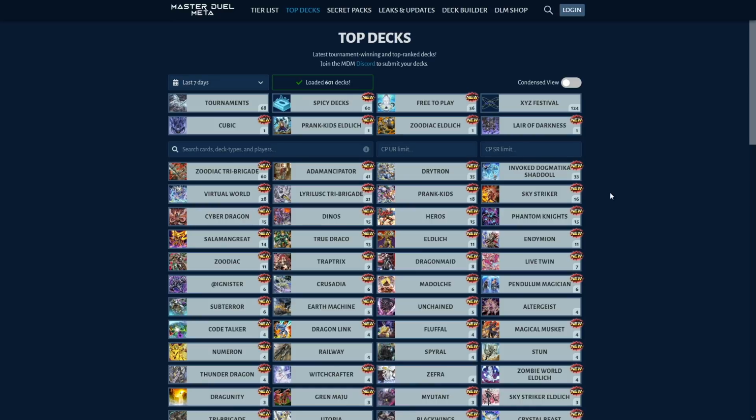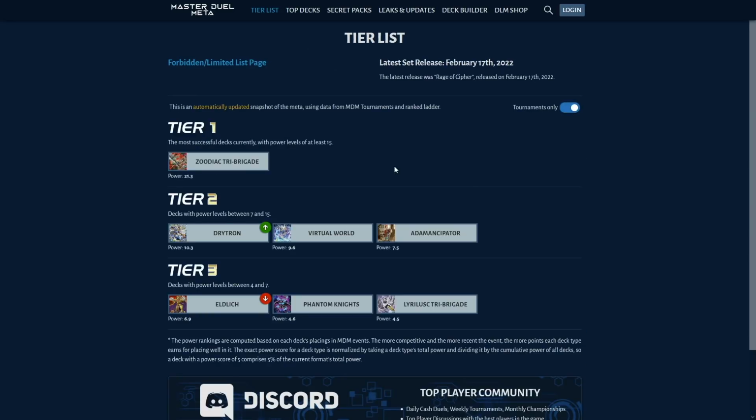But yeah, if we go back to the tier list here, as the format progressed, Zodiac Tri-Brigade did end up becoming the go-to really powerful laddering deck. Not to toot my own horn here, but I did say, even from my first video back in January, hey, this deck is really strong, especially in Master Duel, because it's strong going first, you have strong plays going second, you can play a lot of hand traps, your combos don't require a whole lot of cards to invest in,